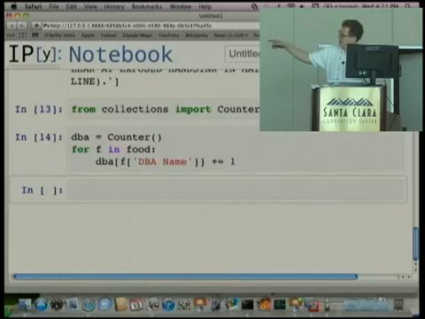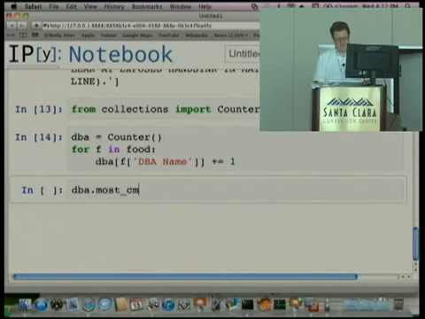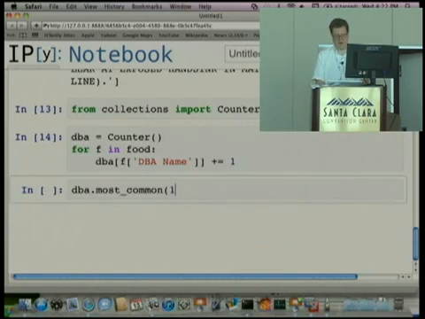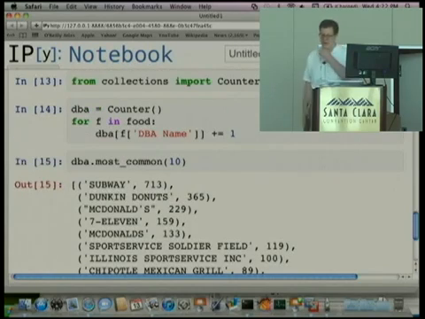You could do something like this. This is basically tabulating how often a doing business as entity in the database is appearing, and then you could do something like this. This might tell you answers that you don't want to know or what you wish you had not asked, basically. But you could find out the 10 most common inspected restaurants